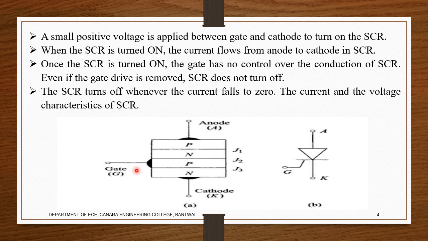But remember one thing: once it is given a small voltage, might be around 1 volt, and the anode is forward biased and the cathode is connected to the negative supply, at that time it starts conducting. Once the SCR is on, the gate doesn't have any control over it. For that we require some other external devices, the commutation network, etc. We'll look into it. Remember how to recall the circuit symbol: it looks like a diode, but the difference is we have an extra gate here. That's it.